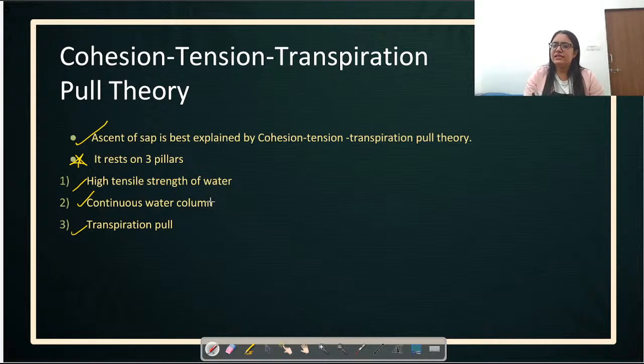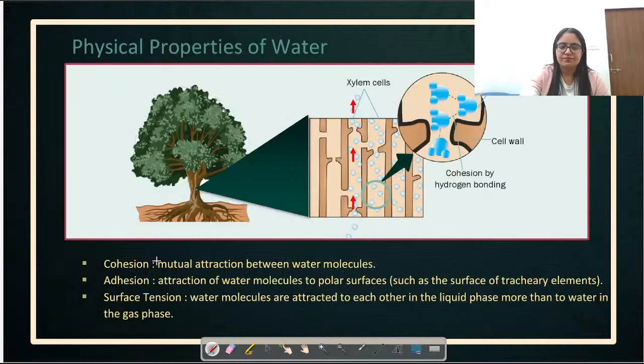So let us now discuss in detail what this high tensile strength of water is and exactly what properties water possesses because of which a high tensile strength is created, right? So the objective of the coming few minutes will be to understand how the properties possessed by water molecules help them to develop this high tensile strength, because of which it can move upward in the xylem against the gravity. So let's see this. Yeah. So see here, my dear students,